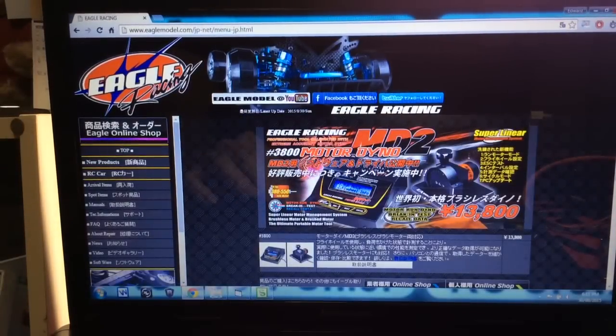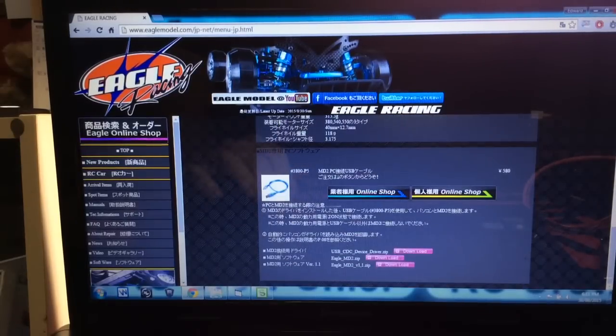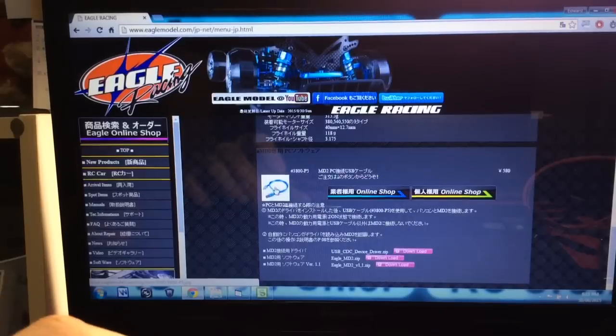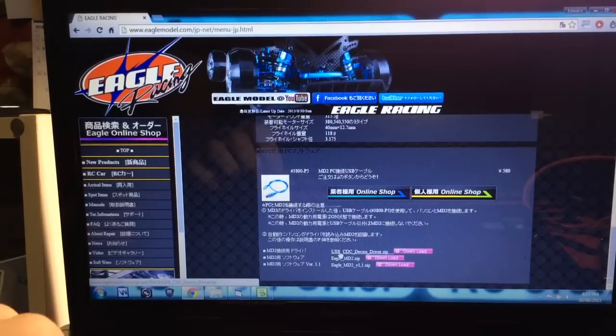So you've got an image of the MD2 motor dyno, and you just want to scroll all the way down to the bottom, and you'll see the cable available that you can buy, but as I showed you in the previous video, you can easily get one of these cables at any electronic store. You don't need to worry about that. If I remember correctly, you have to download the USB CDC device driver. The reason I say this is because I forget whether or not I downloaded this, but I'm pretty sure you need to download this in order to get the USB connection to connect with